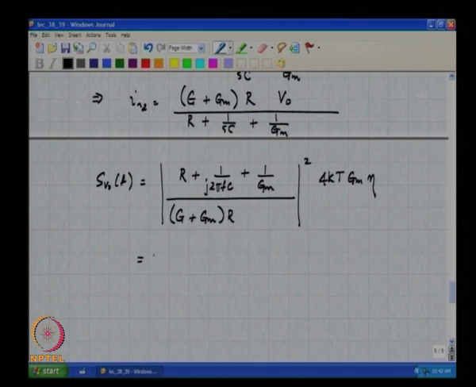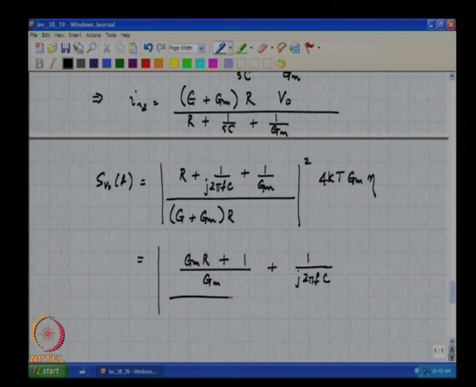So, this is nothing but GmR plus 1 over Gm, all right, plus 1 over J 2 pi f c divided by 1 plus GmR times 4 kT eta Gm,